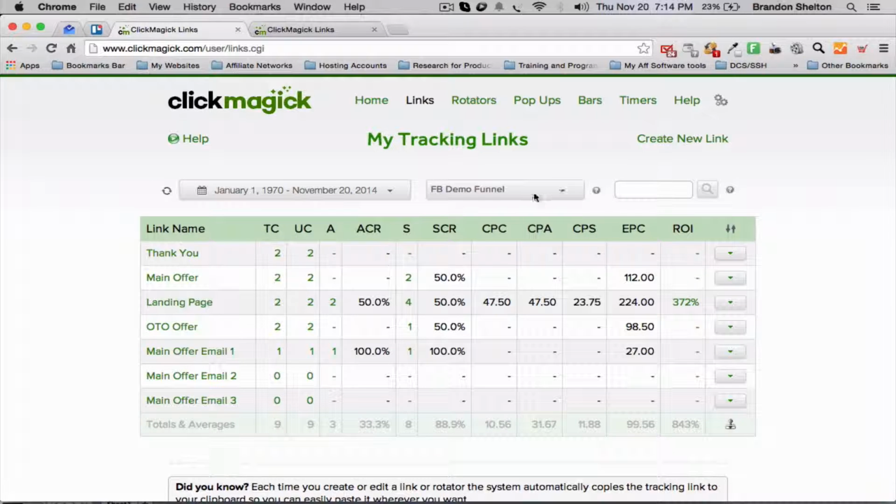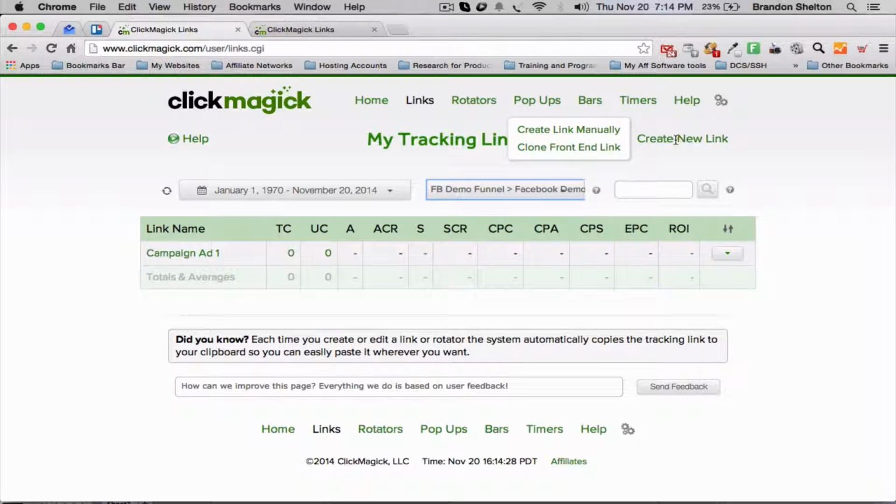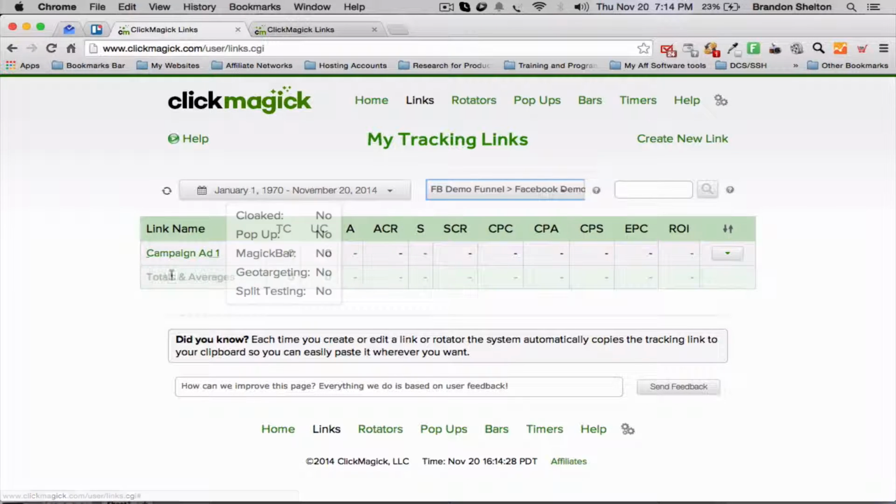When I hovered over create new link in this Facebook demo links group and chose clone front end link, all ClickMagick did was automatically clone that particular landing page link, and it's going to make sure that all the data gets linked back to my original funnel. So now, if I run a Facebook ad campaign and I use this particular link, not only will ClickMagick attribute all the data and all the sales information to this link, so to this particular ad campaign,